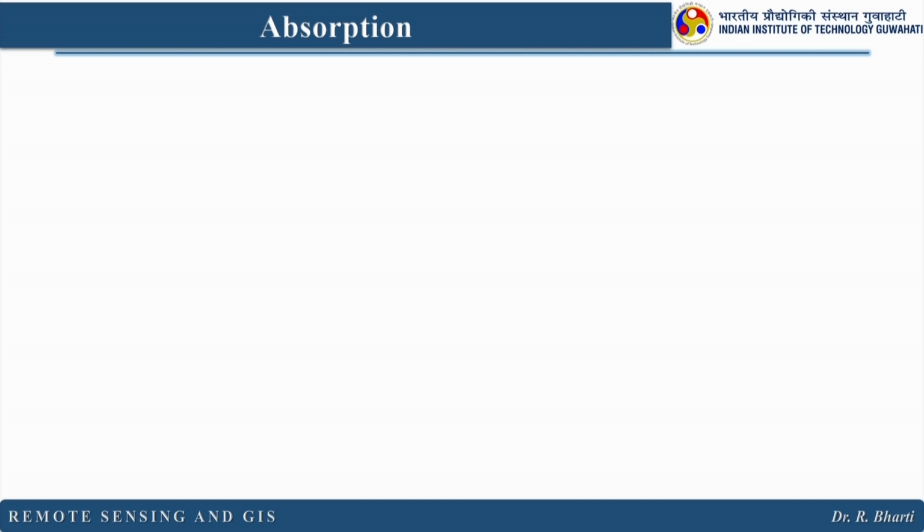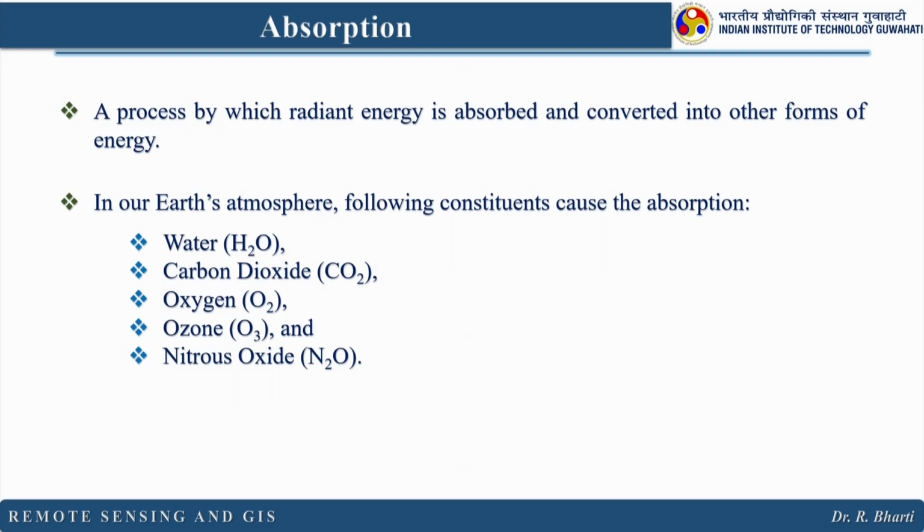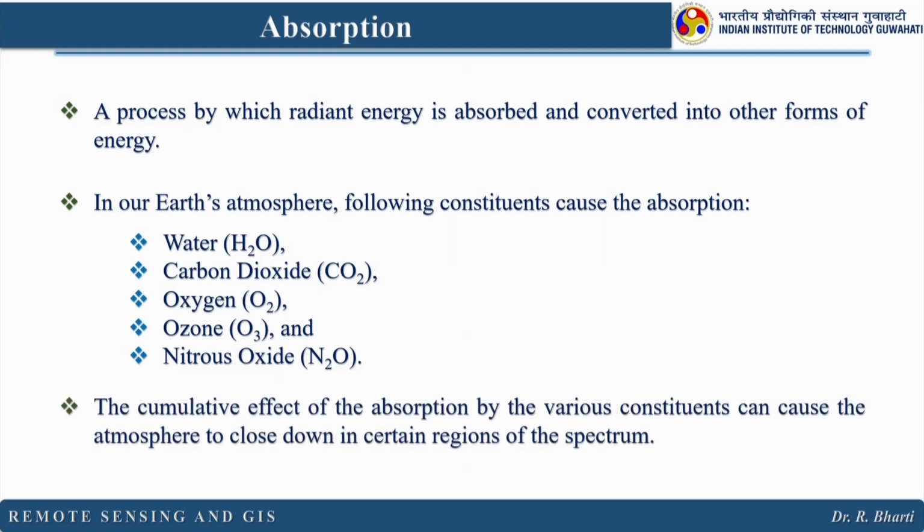Now, the next one. If you remember, scattering and absorption are modifying our radiation in the atmosphere. So, absorption is also an important parameter to simulate or to remove the effects of the atmosphere from our remotely sensed images. It is a process by which radiant energy is absorbed and converted into other forms of energy. In our Earth's atmosphere, the following constituents can cause absorption: water, carbon dioxide, oxygen, ozone and nitrous oxides. The cumulative effect of the absorption by the various constituents can cause the atmosphere to close down in certain regions